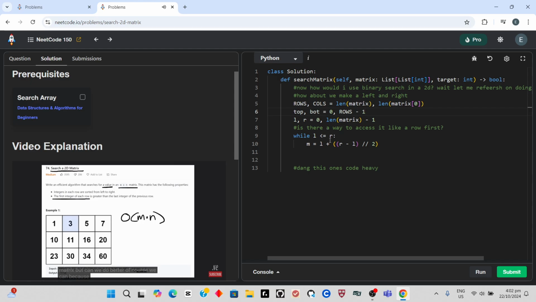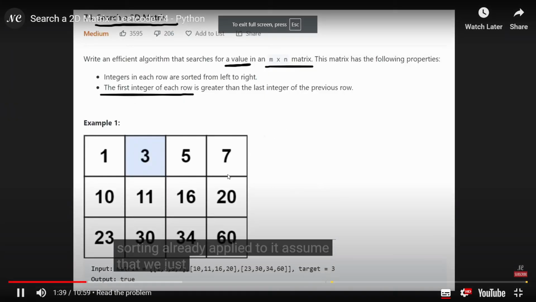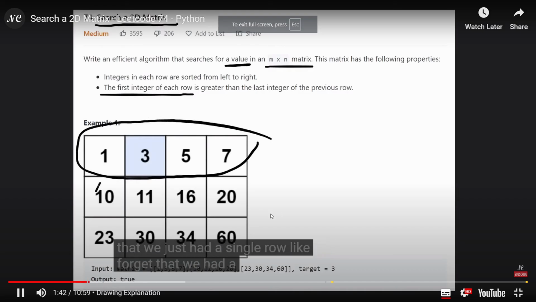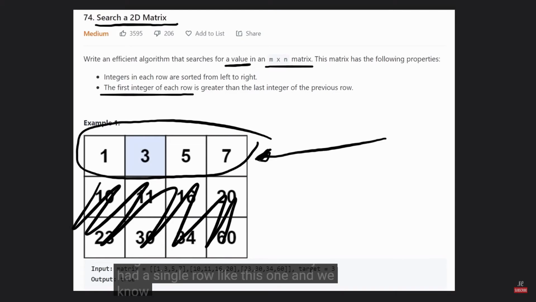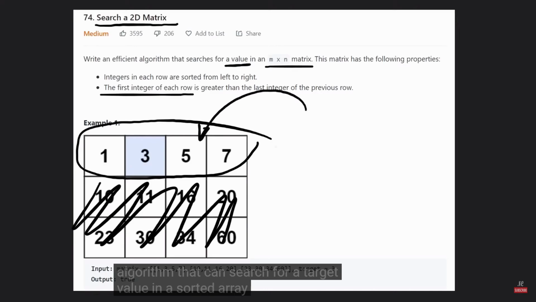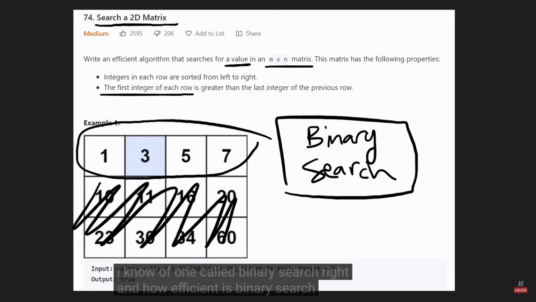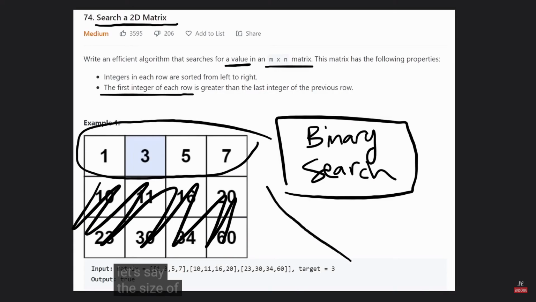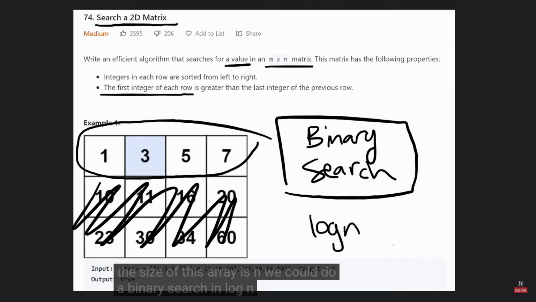Of course we can, because they gave us a couple properties that this matrix has some sorting already applied to it. Assume that we just had a single row, like forget that we had a matrix. If we just had a single row like this one, and we know it's in sorted order, do you know an algorithm that can search for a target value in a sorted array? I know of one called binary search, right? And how efficient is binary search? Well, let's say the size of this array is n, we could do a binary search in log n time,